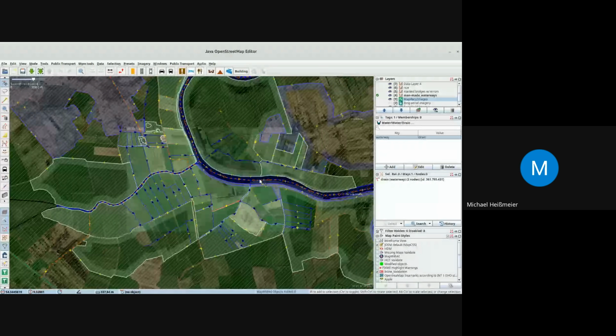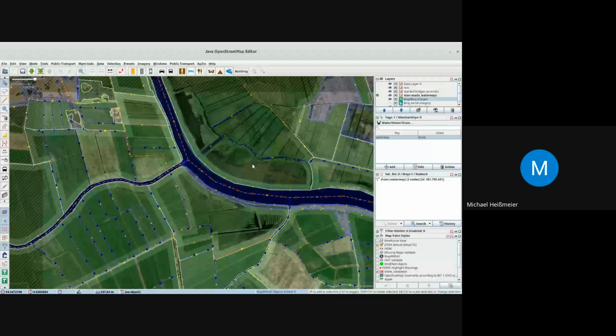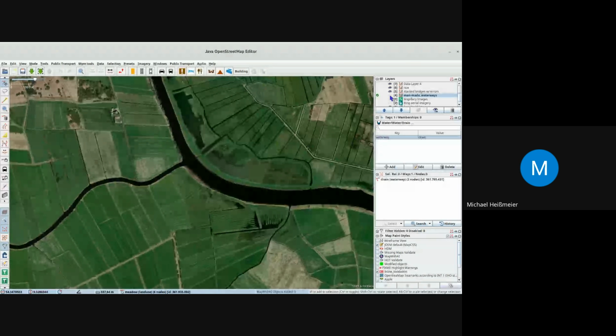So this is an area where we've got all kinds of the waterways discussed so far. Let me just show you the imagery here without data.